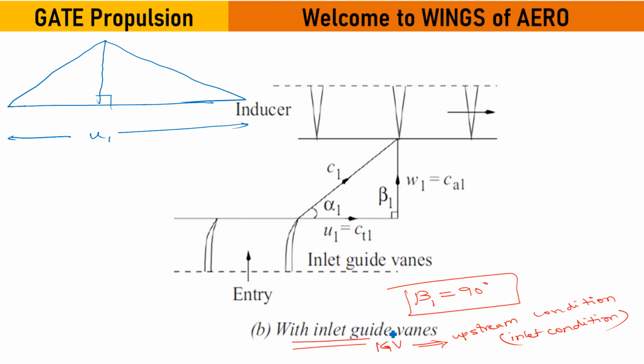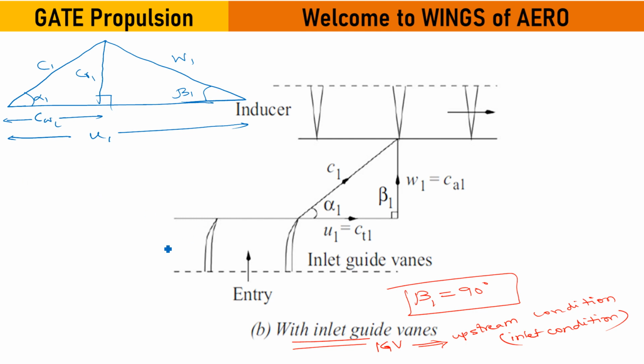They will mention whether it's for a centrifugal compressor, an axial compressor or any other, whether it's a compressor problem or a turbine problem, in the question, so you don't have to worry about that. So U1, this is CW1 from here to here, and this is going to be your C1, alpha 1, CR1, this is W1, this is beta 1. Fine, this is a general construction.